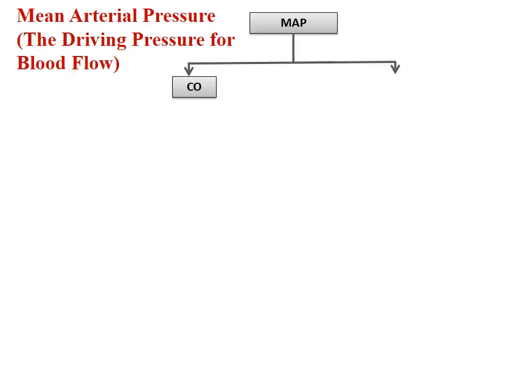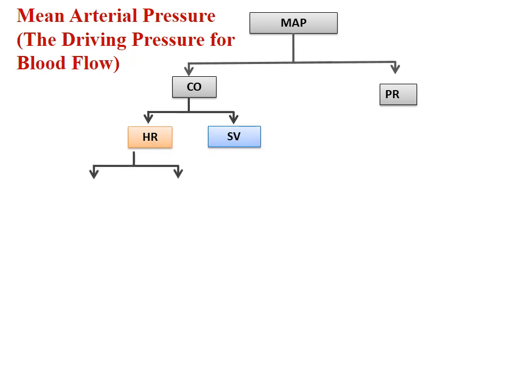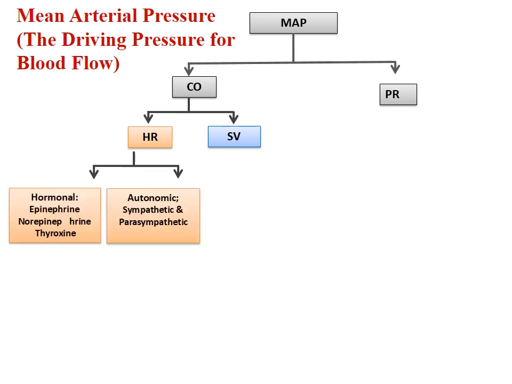This is a flow chart which gives the pressure and how it is divided: the mean arterial blood pressure, the cardiac output, which is a product of heart rate and stroke volume. Peripheral resistance is the moving column of blood by the blood vessels itself. Heart rate will be under the influence of hormonal factors, which is due to epinephrine, norepinephrine, thyroxine, etc., and also the autonomic influence, which is the sympathetic and parasympathetic influence, whereas stroke volume is the one which is determined by the